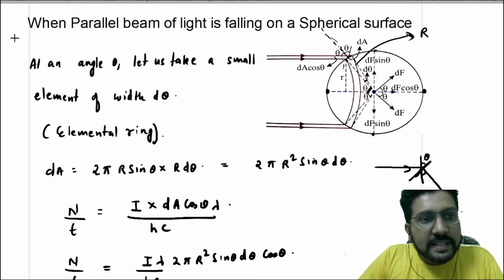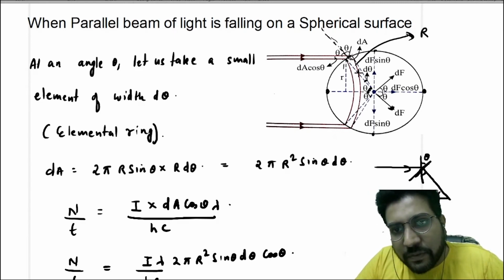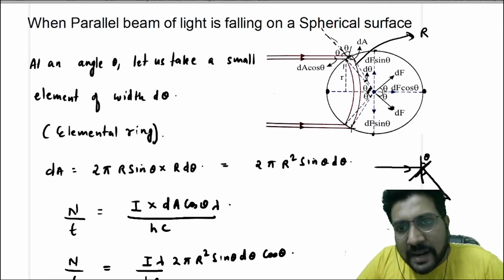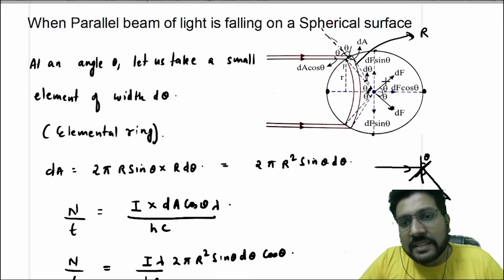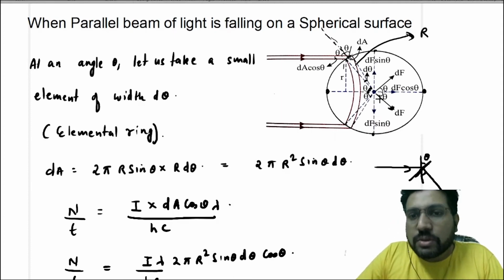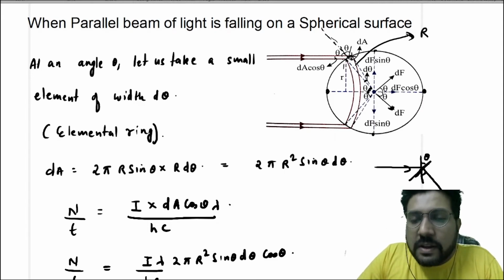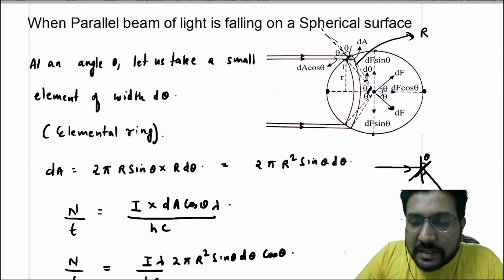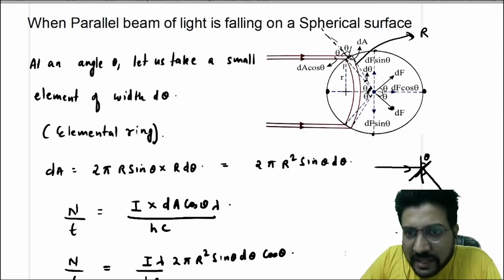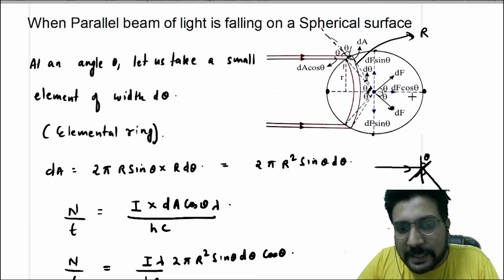This force is along the change in momentum, and the change in momentum is in this direction. So this is the direction of the force. Now if this is the direction of the force on this element, then on a symmetric element the force will be in this direction. That means this component of force, df sine theta, is going to be cancelled out. So the only component of force that will remain is df cos theta. From every small element on this ring you will need only this df cos theta. That means from this whole ring you will only need this df cos theta, right?